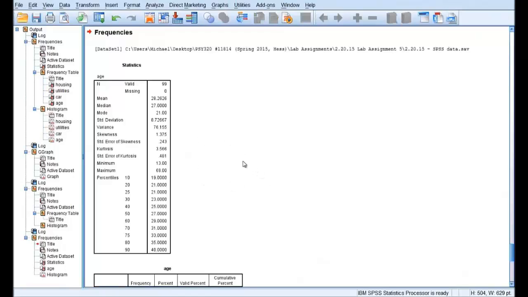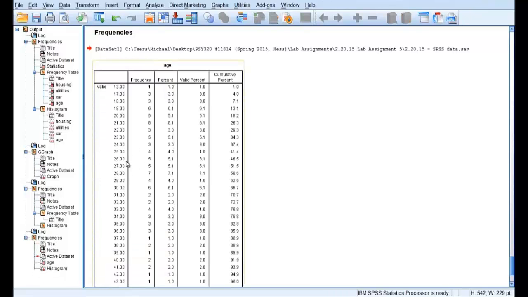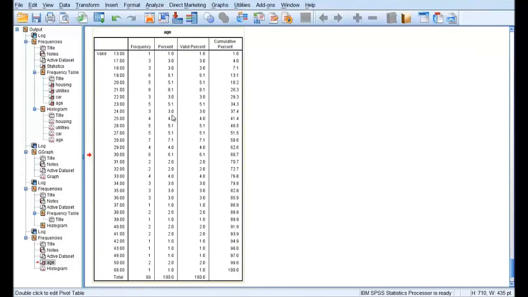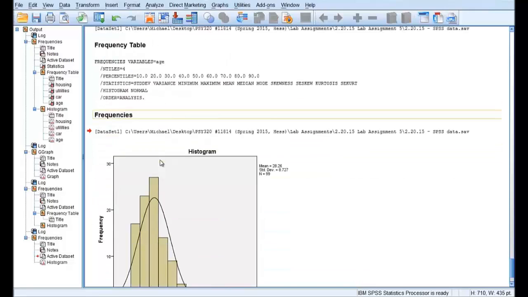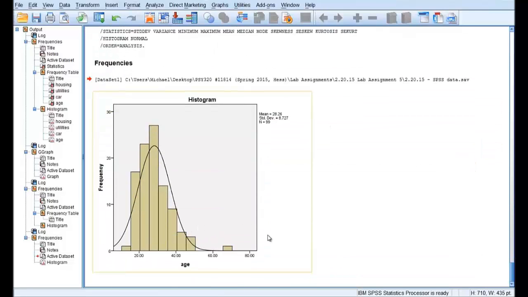And what you'll do is you'll come up with a few statistics, but it's only for age. We're not really interested in this table as of yet, because that's kind of what we saw before in the previous table. So click on this table and you can press delete. And you can click on this table here for frequencies and press delete. It'll get rid of it. What we were interested in is this graph. So what do you notice between this graph